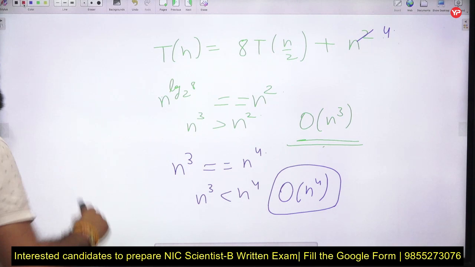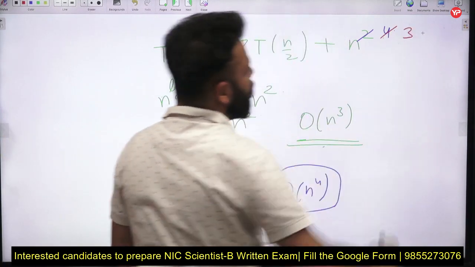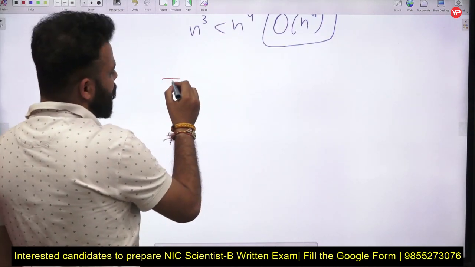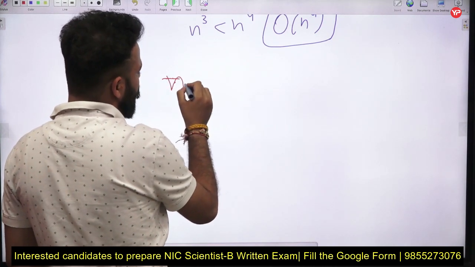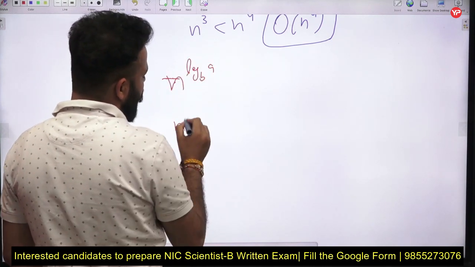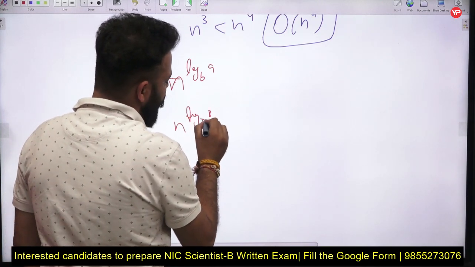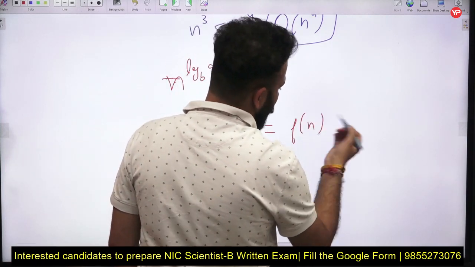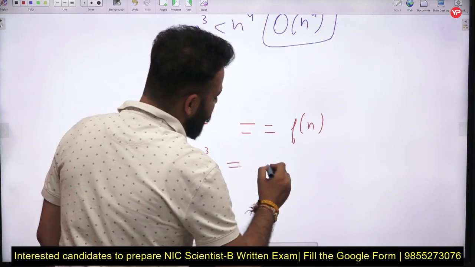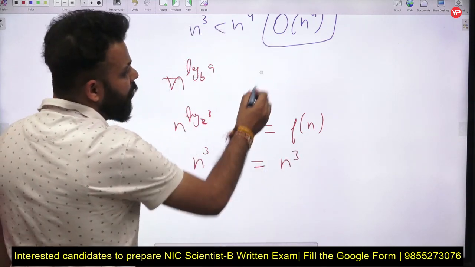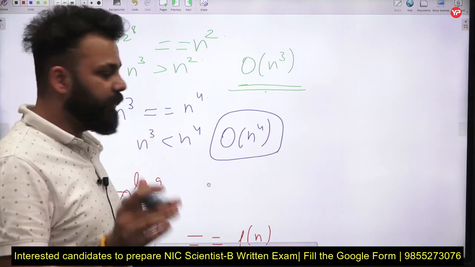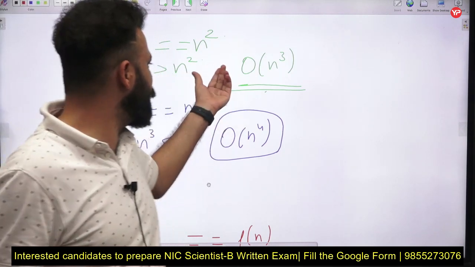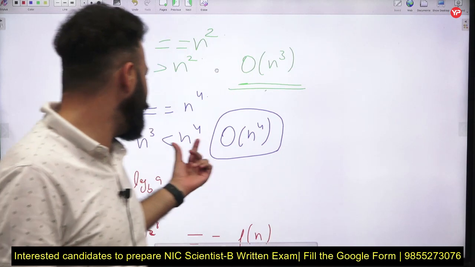And if I make one more change here, let's say that I make this n raised to power 3. Now for T(n), first you will compare n raised to power log b a, which is equal to n raised to power log 2 base 8, and you will compare it with f(n) or f'(n). This is n cube and f(n) is also n cube. Now we don't have a logarithmic part in it, but we can see that this is the third case because they are equal. If this part is bigger, then it is the first case. If f(n) is bigger, then it is the second case. But in this, these are equal.